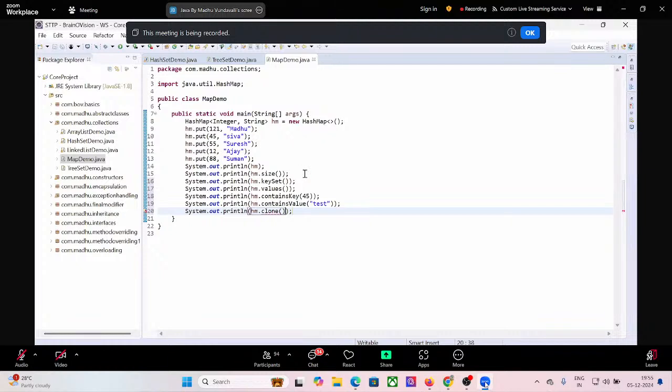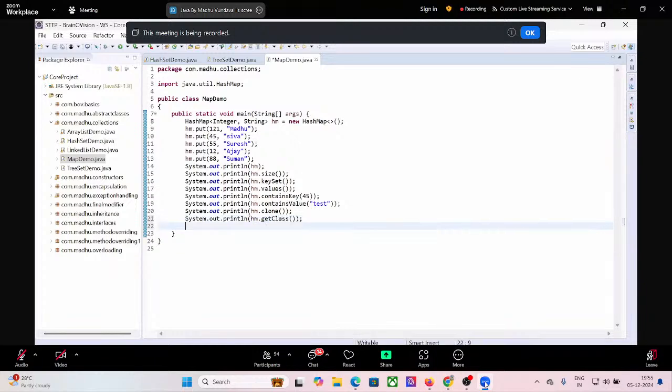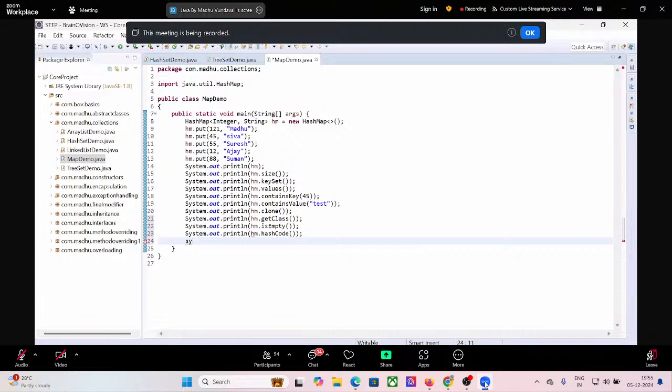If you want to create a duplicate copy, clone method. hm dot get class, hm dot is empty, hm dot hash code. Okay, for example, if I use clear method here,